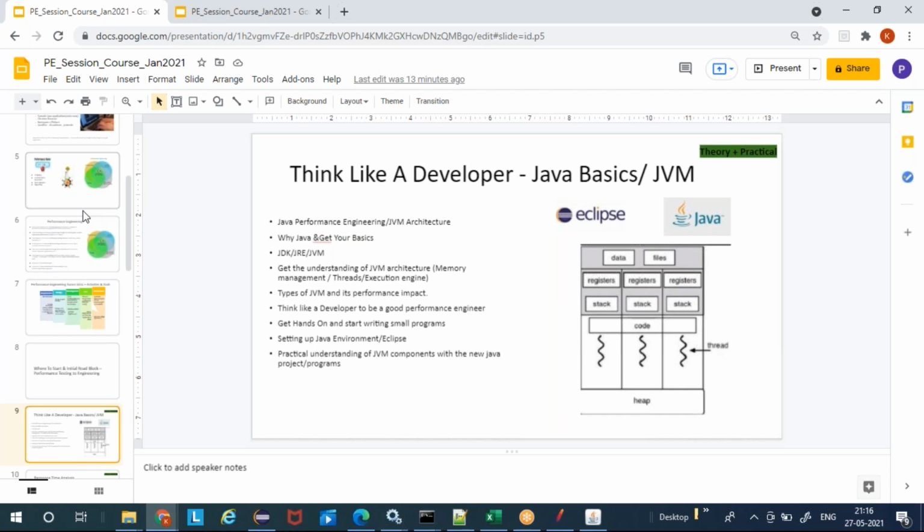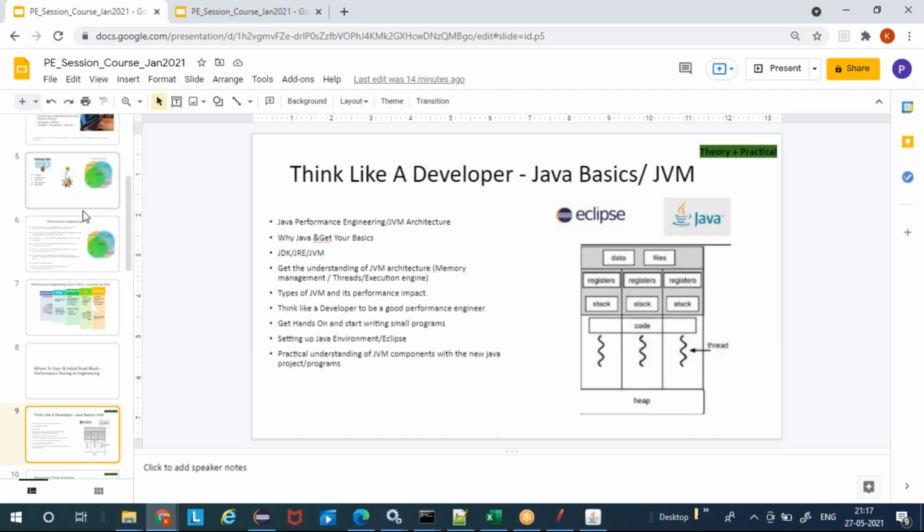So the first session is going to be where we understand a few basic concepts about Java. We will learn how to set the environment variables on your machine, setting the Java path, and then understanding a few concepts about the JVM, and along with that we'll do the programming. Create a single class file, create multiple class files, call one method from another class file. All these things, adding code for connecting to the MySQL DB, making an HTTP connection to a third-party call. All these things we will do hands-on as part of the Think Like a Developer course.